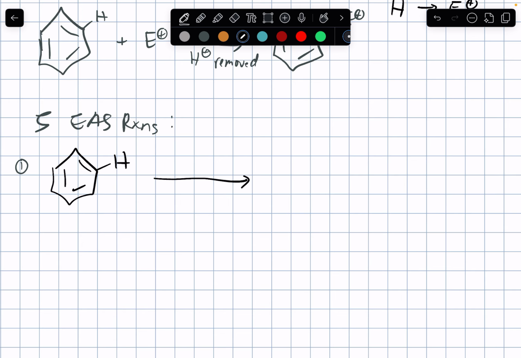So the first reaction is called halogenation, EAS halogenation. So always from the word halogen, you replace hydrogen with a halogen. For the most part, from what I've seen, only bromine and chlorine are the halogens that are involved. No? Fluorine, I think,